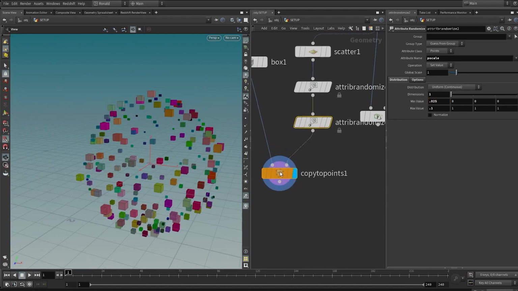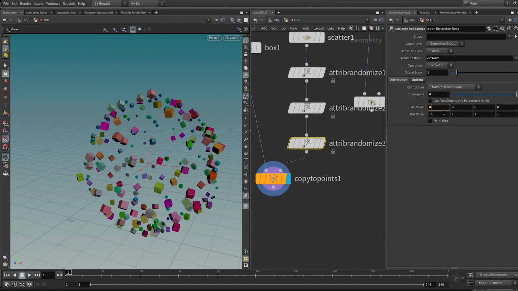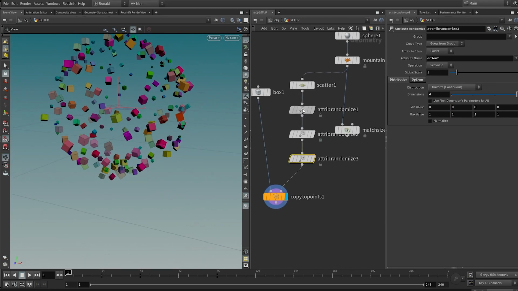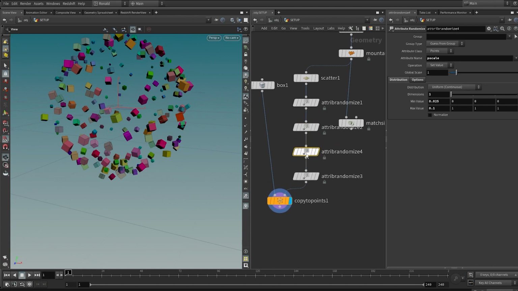And next I want to get some rotation randomization, so one more, just alt-drag the attribute randomize node and change it to orient. In this case, this is a 4-dimension attribute, so I change the dimensions field to 4, and all the minimum to maximum scale I'll revert back to 0 to 1, so I get randomized rotations like this. Okay, finally I also want non-uniform scaling on the nuts, so I'll just alt-drag the pscale once again